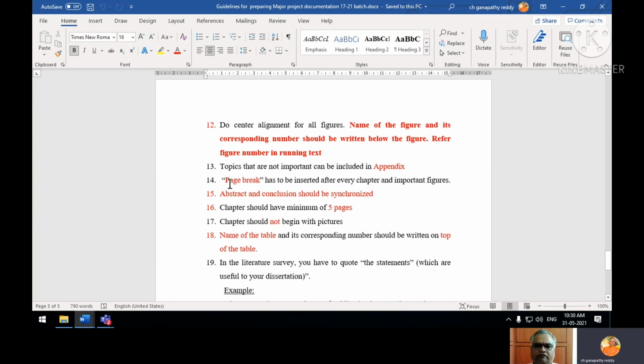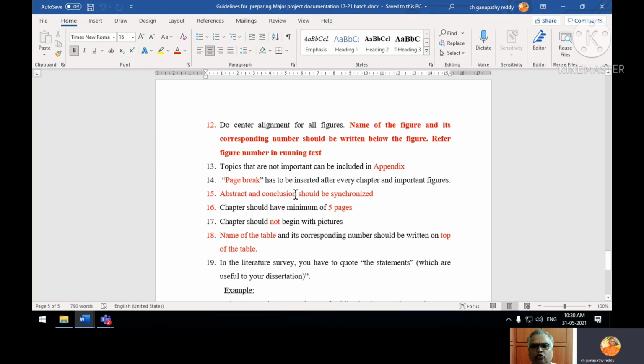If the document has 120 pages and at every chapter ending you insert a page break, any modification you have done in chapter 1, the remaining chapters will not be disturbed. Or if you have added one page in the third chapter, second page, the fourth and fifth chapters will not be disturbed because a page break is already used. So effectively use these page breaks.